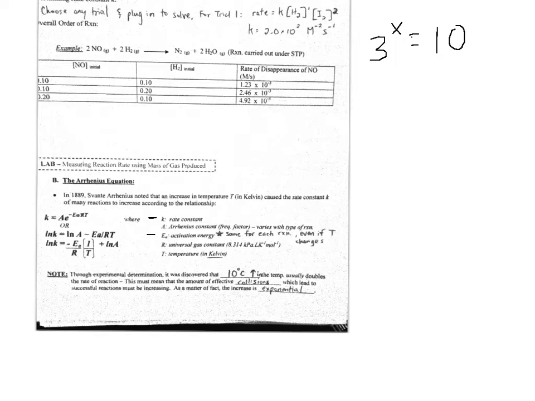Okay, so we know intuitively that there's a relationship between temperature and the rate constant. We know that as the temperature increases, so should the rate constant. Okay, Arrhenius was the scientist who quantified this relationship and came up with this formula here. And this formula states that the rate constant K is equal to this large A, which is the Arrhenius constant,